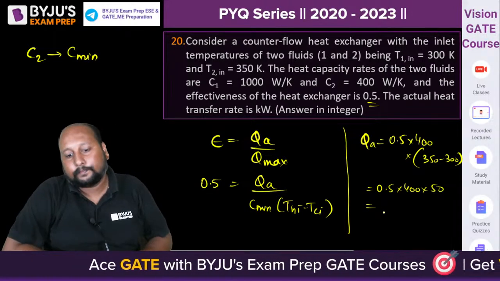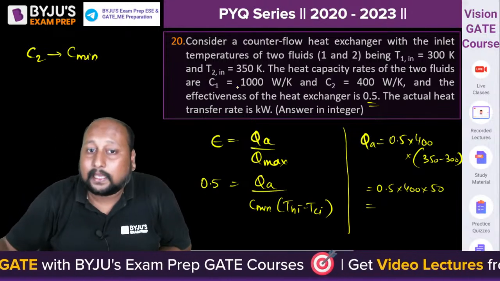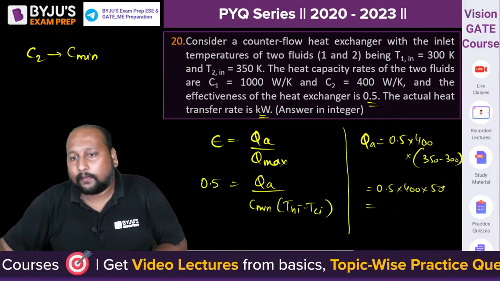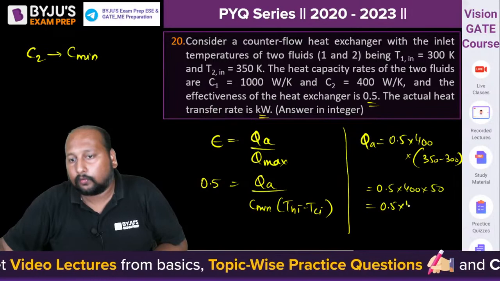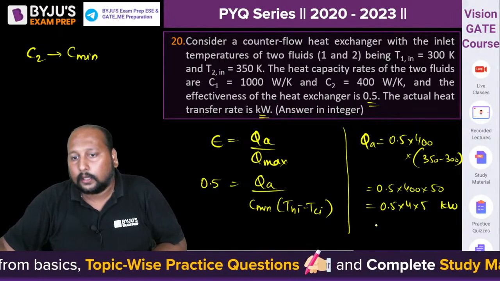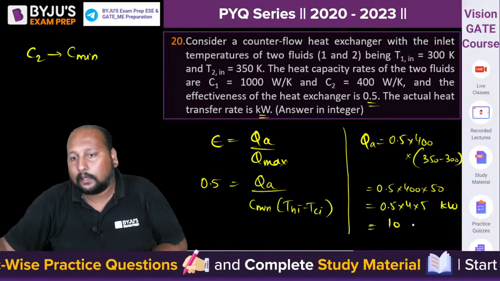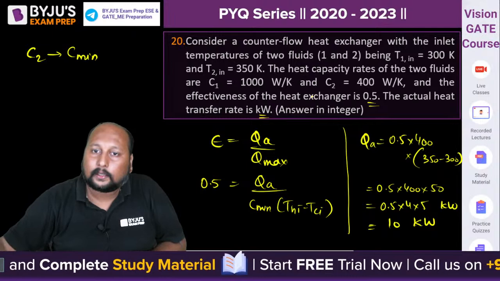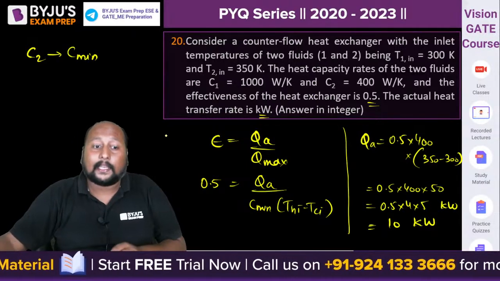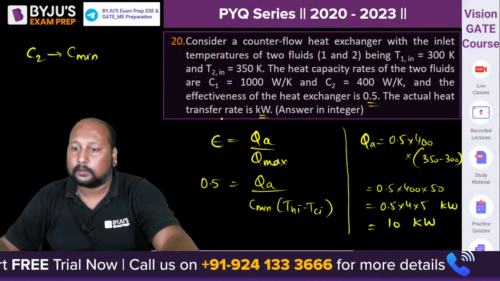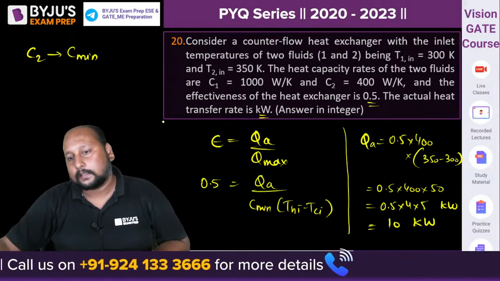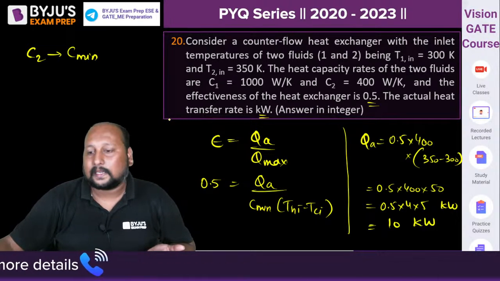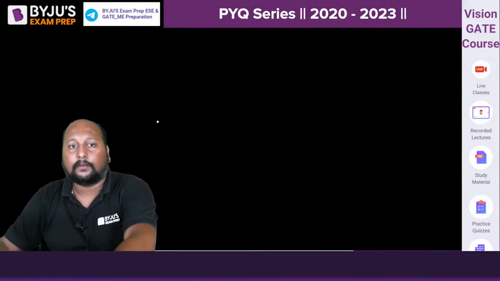Quickly, what is the value? Yes. And you have to tell me in kilowatt. We will tell in kilowatt. So we are having 1, 2, 3. So this is 0.5 into 4 into 5 kilowatt. This is nothing but 20. This is 10 kilowatt. Are you getting 10 kilowatt? Yes. Done. 10 kilowatt is the final correct answer. By 4 into 5, 20, 20 into this 0.5, that is 10. Chaliye, very good. Next question.